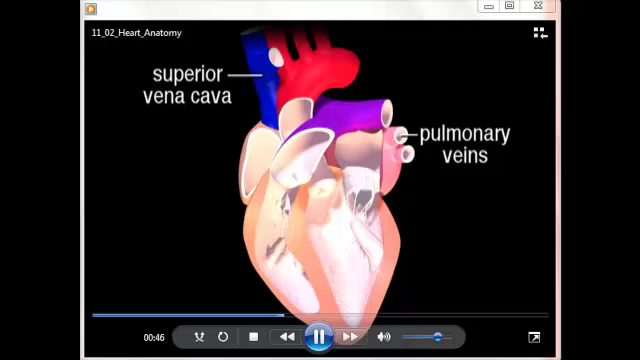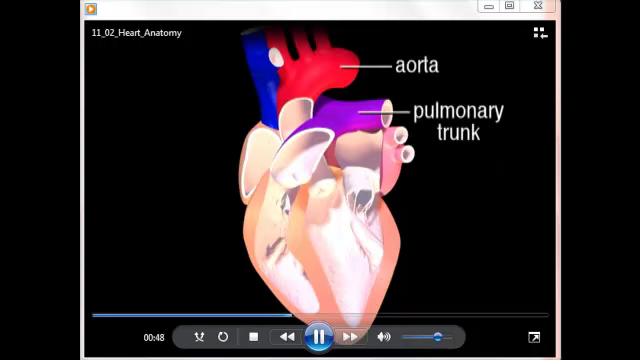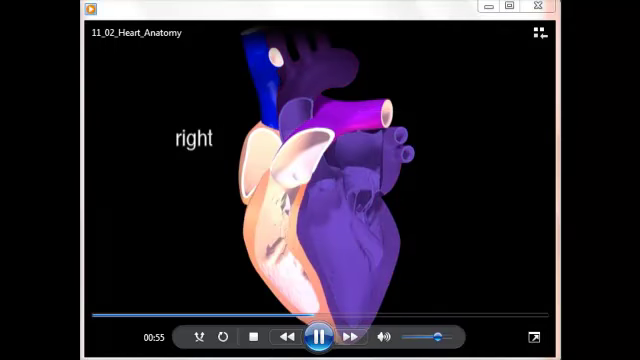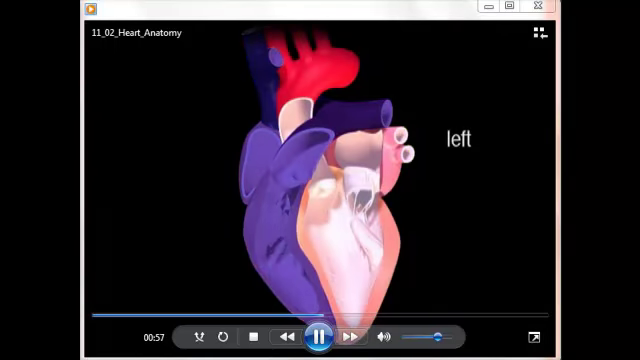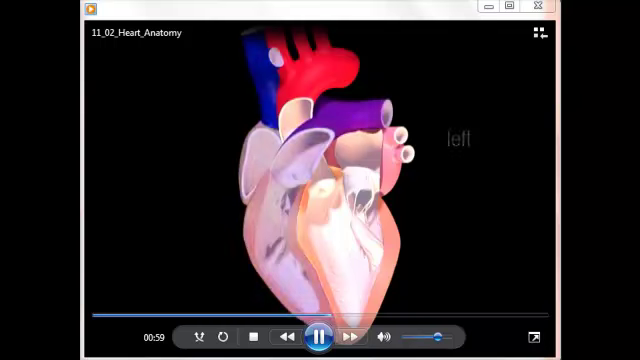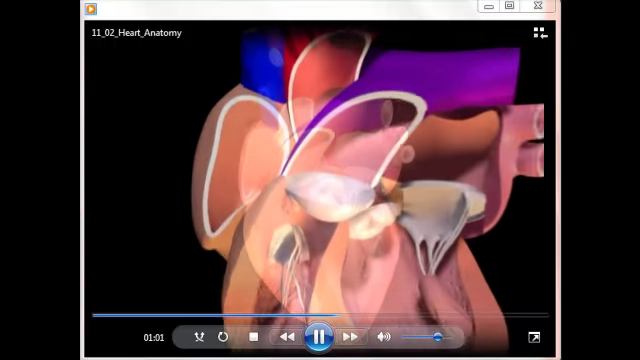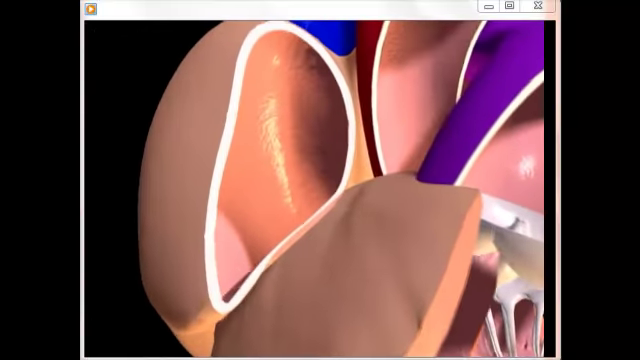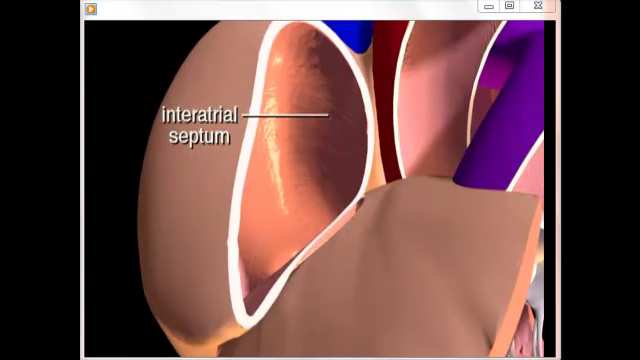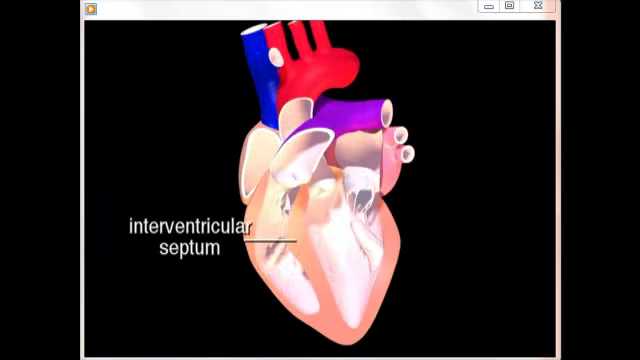We also have the superior vena cava and the aorta that are coming out. And then we also have the pulmonary trunk and the pulmonary veins that are coming back into the heart. This is the right side of the heart, and then we have the left side of the heart. Each side is made up of an atrium and a ventricle. Between the two atria we have a septum, and between the two ventricles we also have a septum